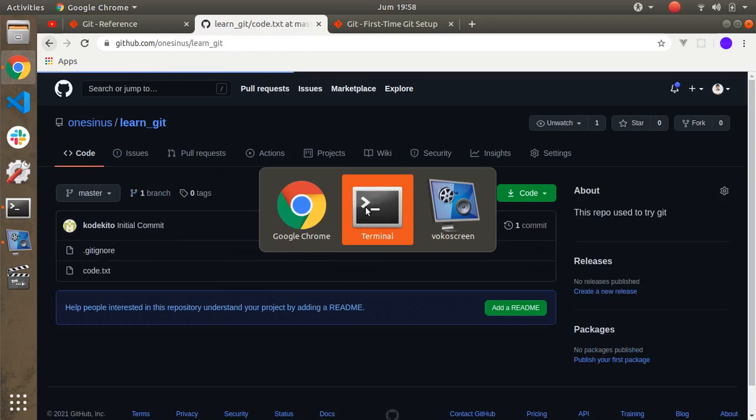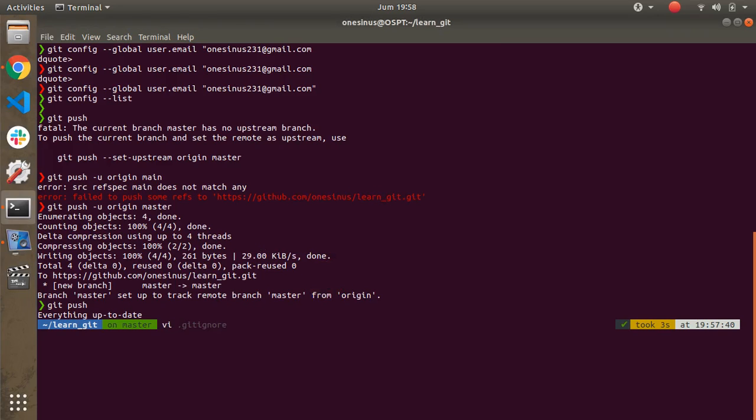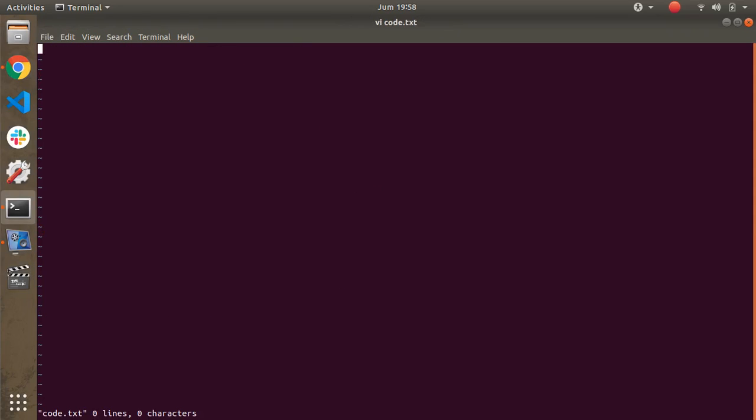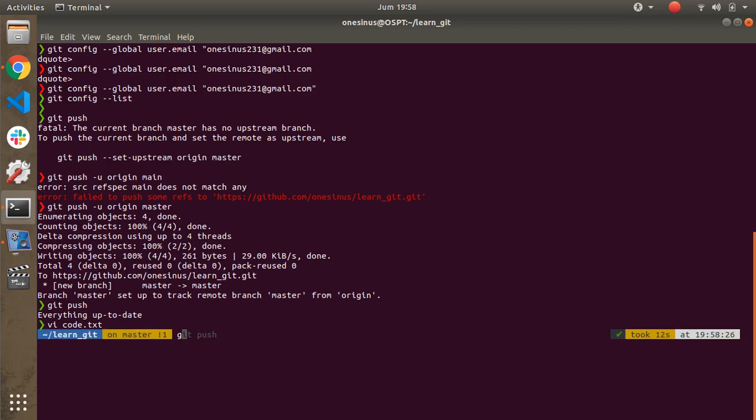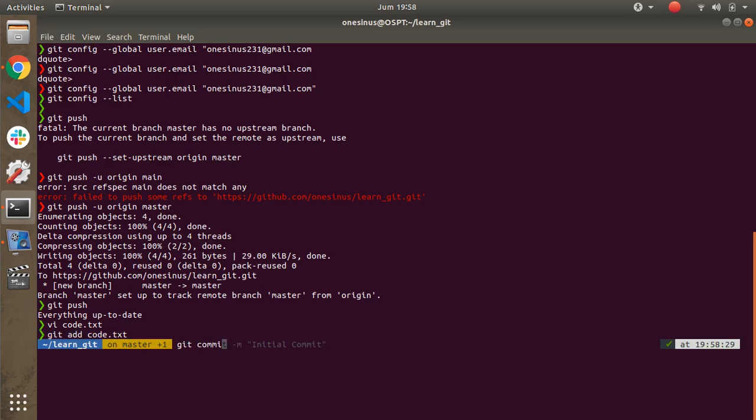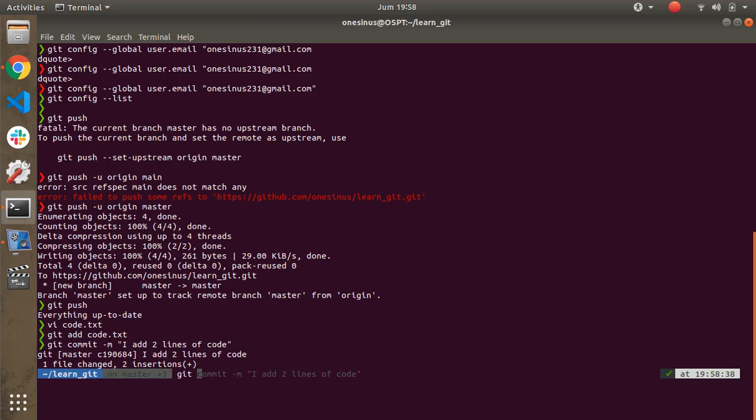Okay, let's add some content to our code. This is my text, and this is the second text, and then I will git add code.txt, git commit, I add 2 lines of code, and then I will git push.